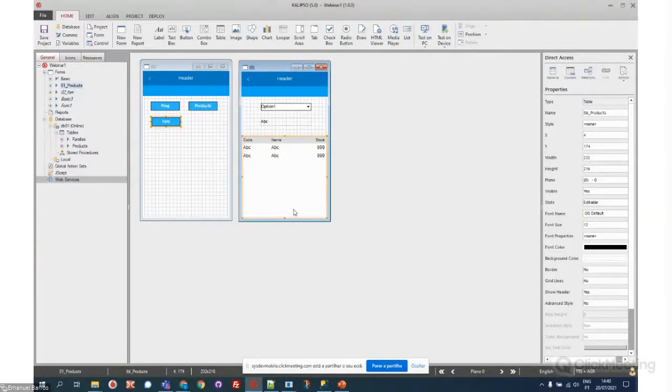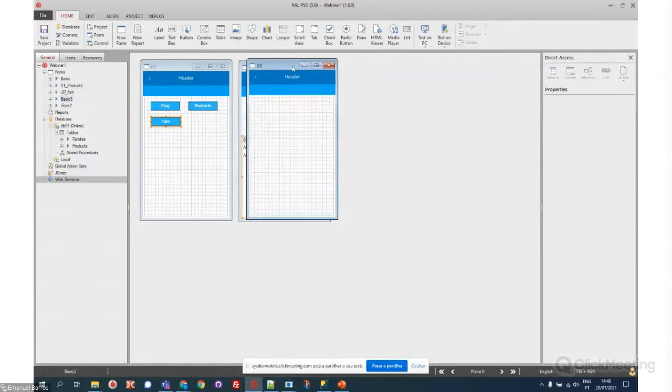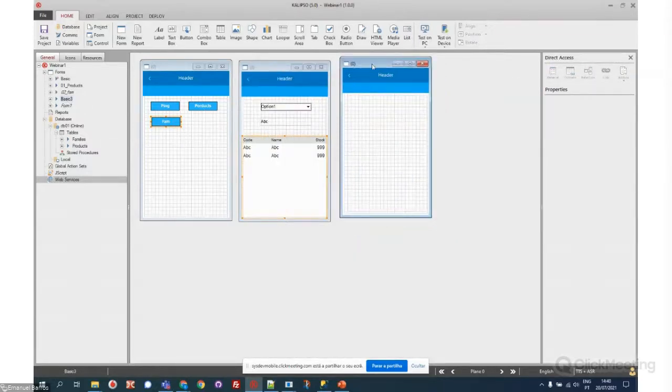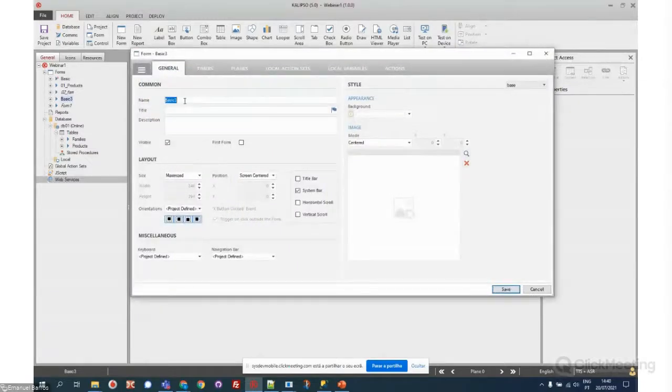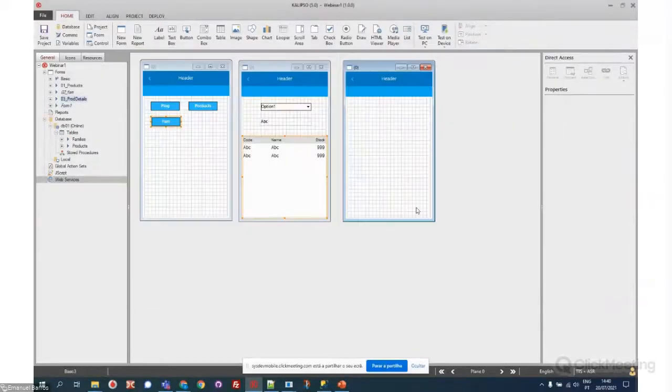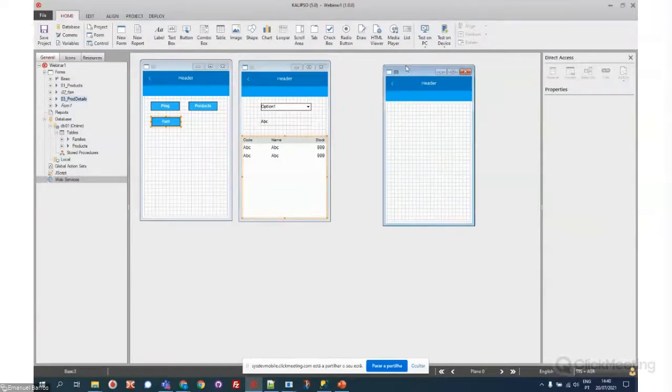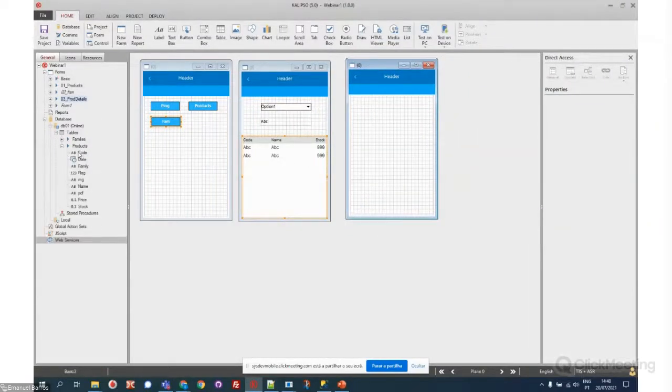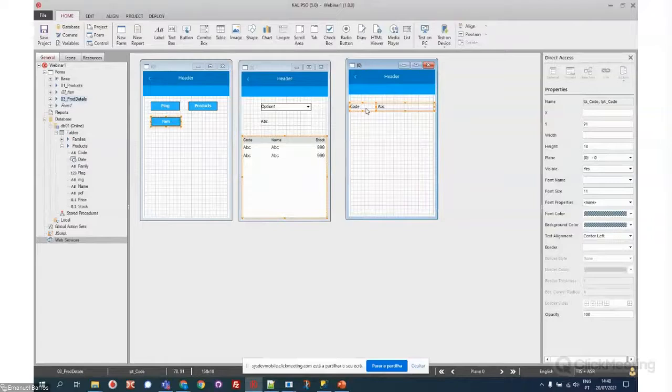Let's see some details about the products and let's change something about the products and save them and so on. Okay, so what I want to do here, I want to see some details. Let's drag and drop. Okay, this is just creating a label and an input box. It's not connected to anything. This is just to help me. Okay, name,